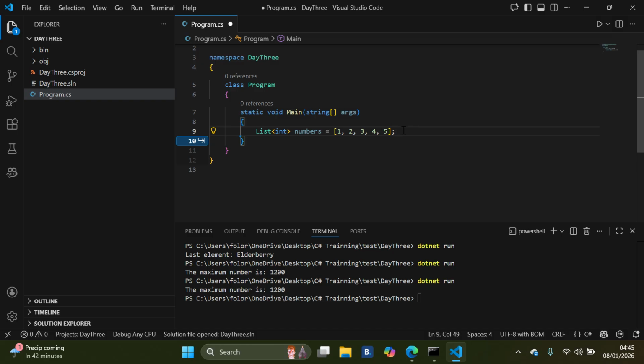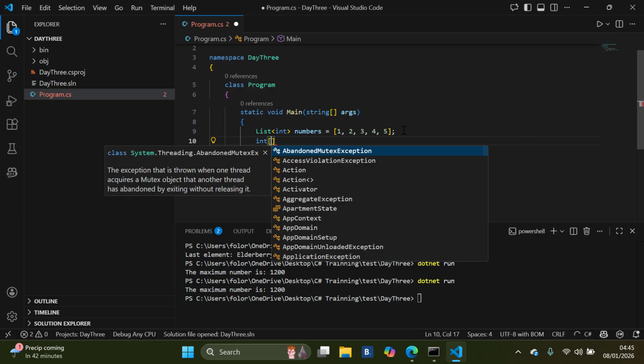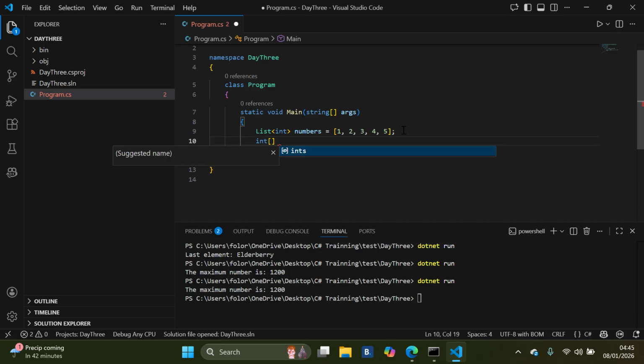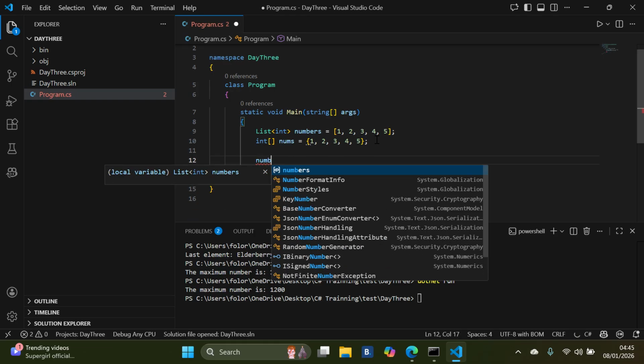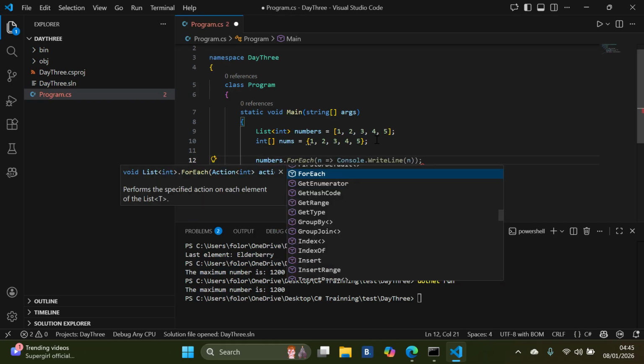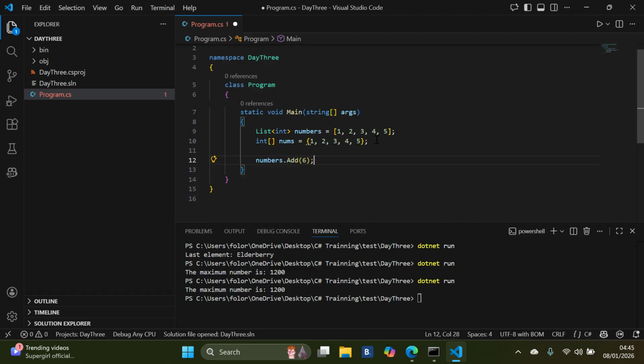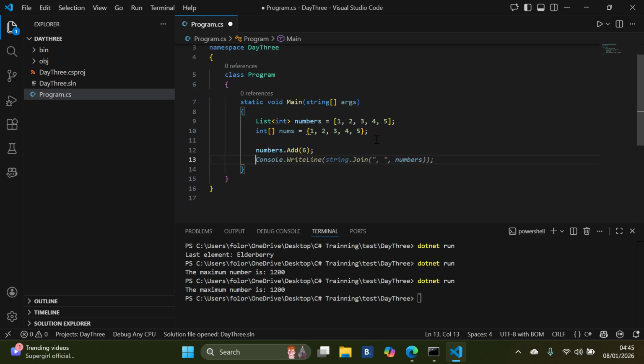And okay, let me also declare an array. And let's see what I mean by saying it is immutable. So we can do this for a list. We can say numbers.Add(6). Can we see? But we cannot say